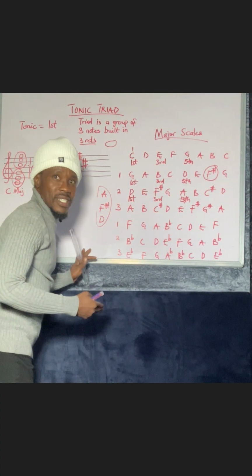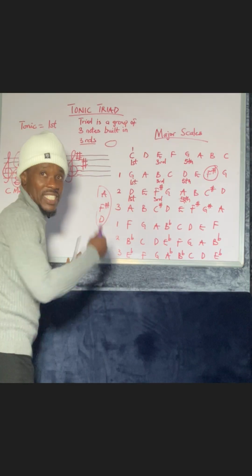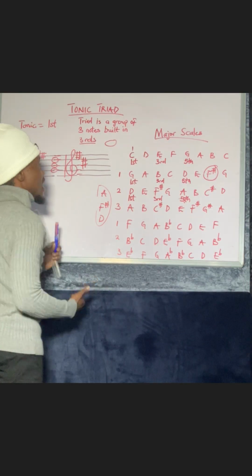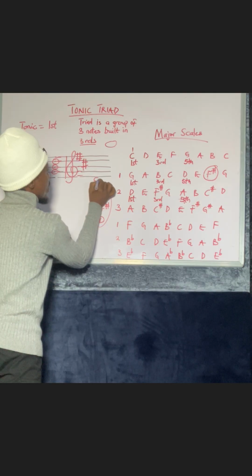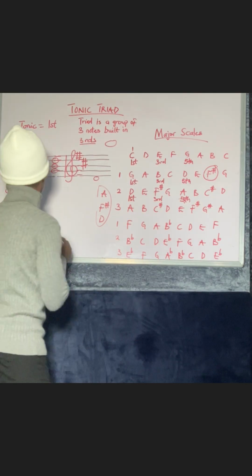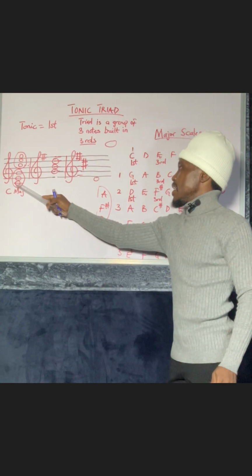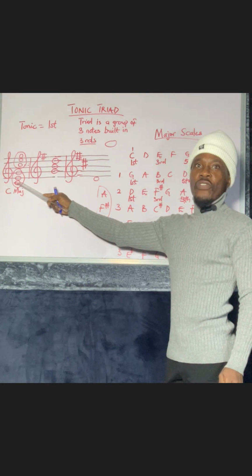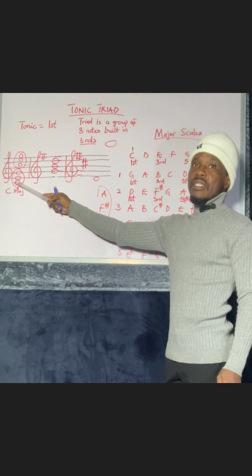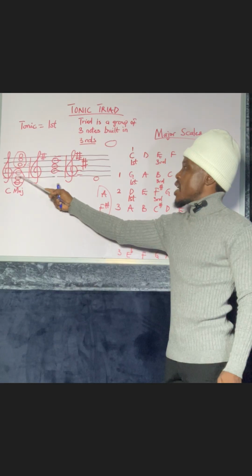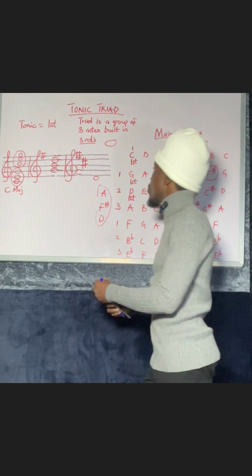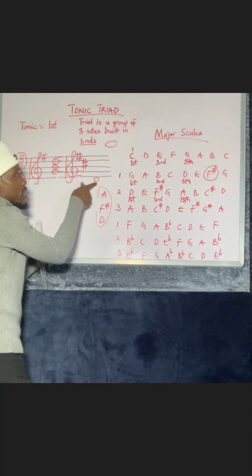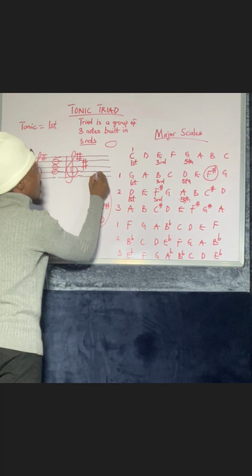Now, let's represent the notes, the triad now. So where is D in the lines and spaces? We have our D down here. Don't forget, this line here is line C. Alphabetically, if this line is C, then the space before the first line is going to be D. So we have our D here now. D, F sharp,